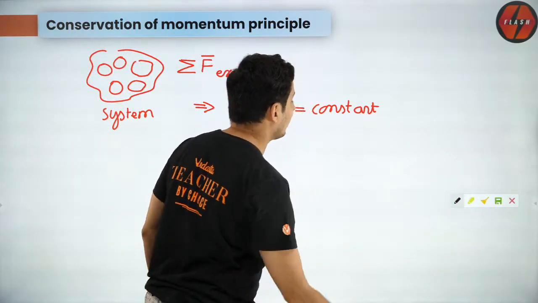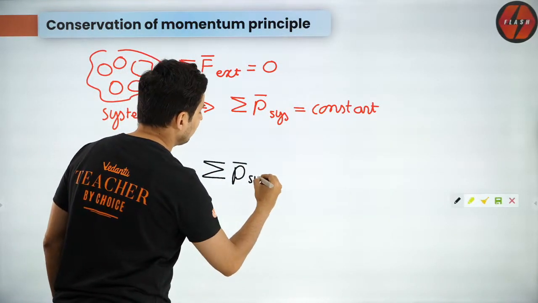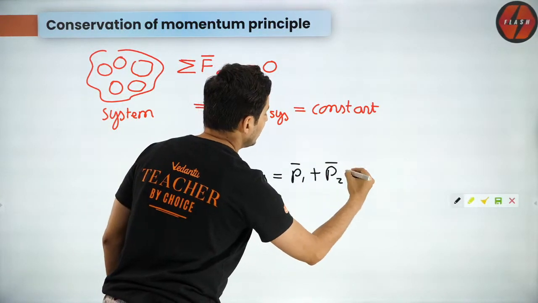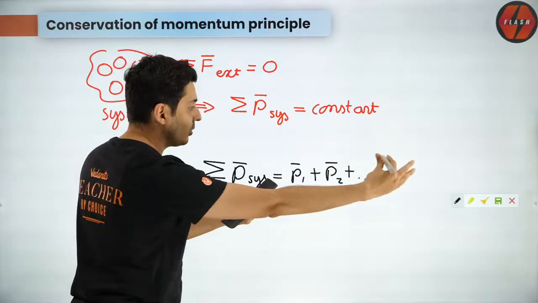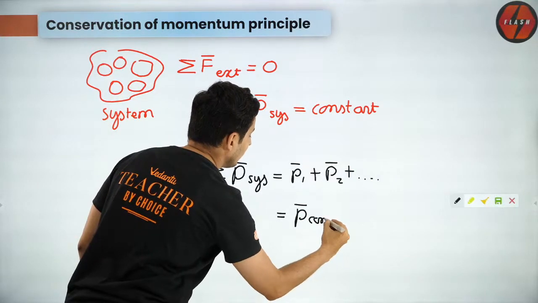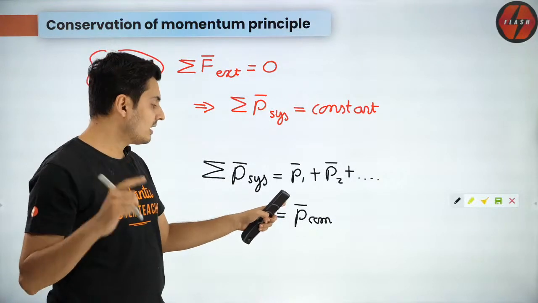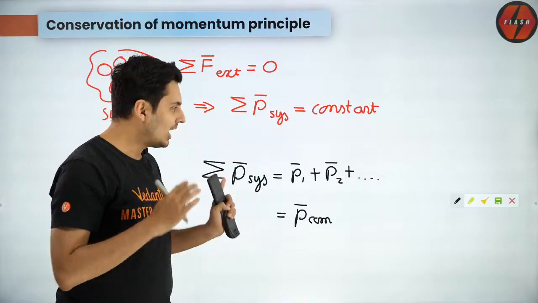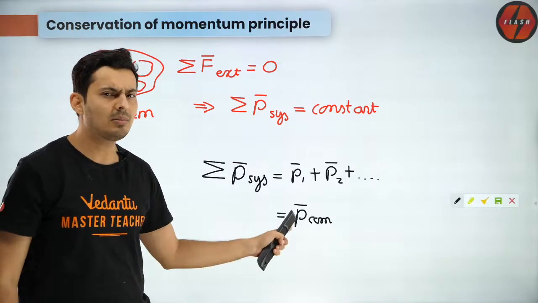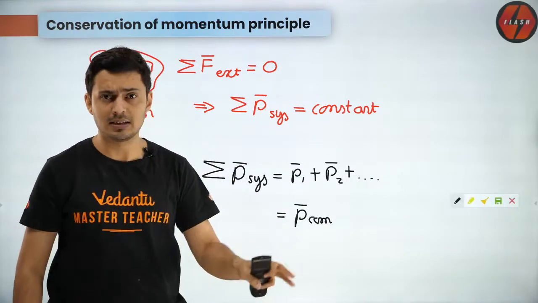And just a recap of the previous session. In center of mass, I have told you the momentum of the system is nothing but momentum of object 1 plus momentum of object 2 plus momentum of object 3 and so on and so forth. And that is also the momentum of the center of mass. In case you have forgotten that, I am just recollecting those things which I have told you before, and in case you are new, I hope now you remember this, or now you will note down all these formulas, because this will be needed for solving problems as well. JEE Mains, Advanced, NEET, whatever it is, KVPY, everything.